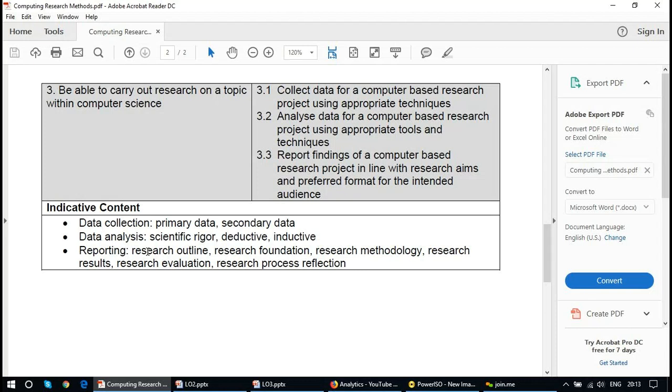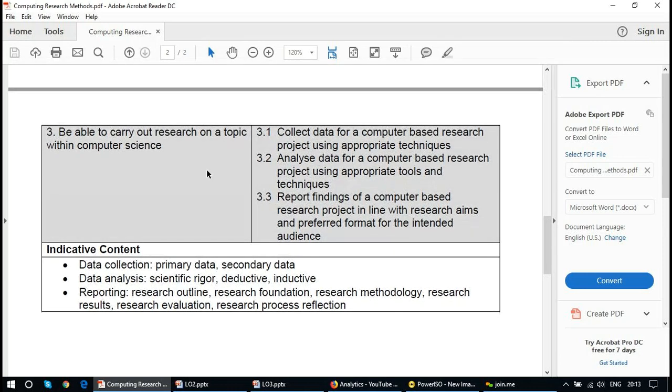However, at this stage, we will be discussing how the data should be collected, how the data should be analyzed and reported. Here we will be doing some theoretical discussions, and practically this learning outcome will help you when you carry out your research topic. I believe that in order to pass the assignment, you will need to select a topic, and that needs to be approved, and you should carry out that particular kind of research, and then come up with a write-up.